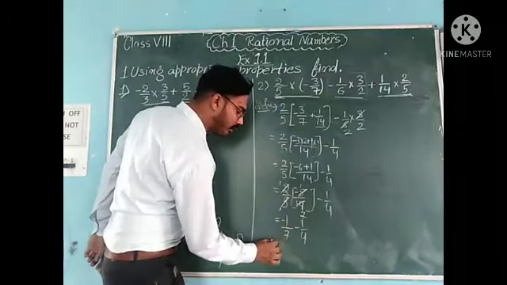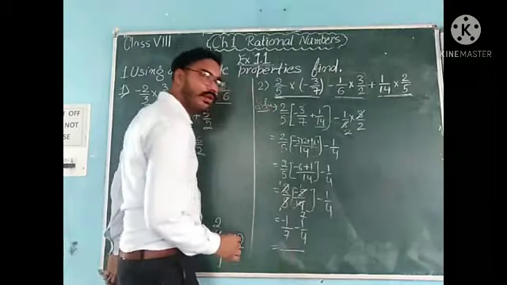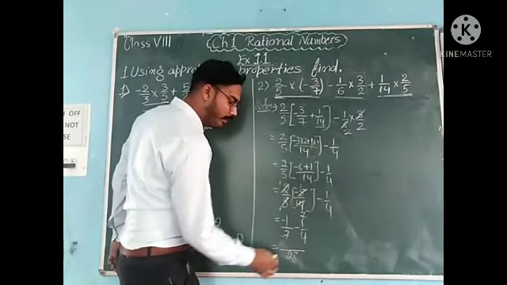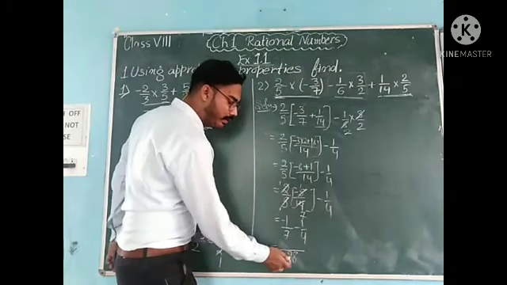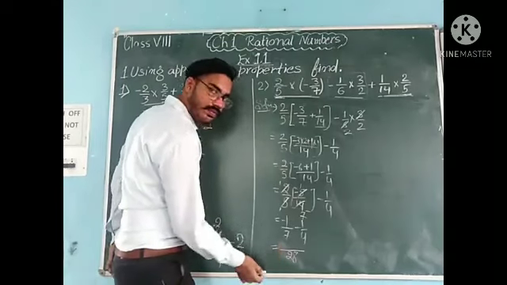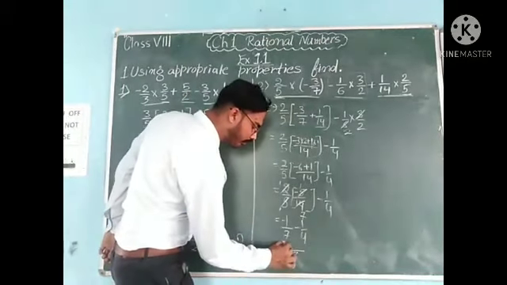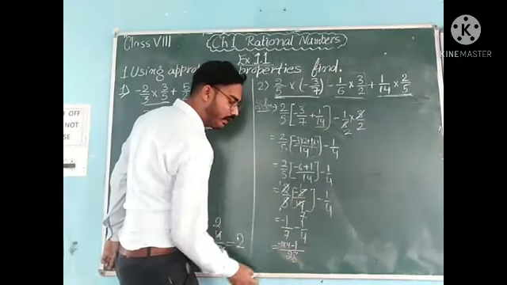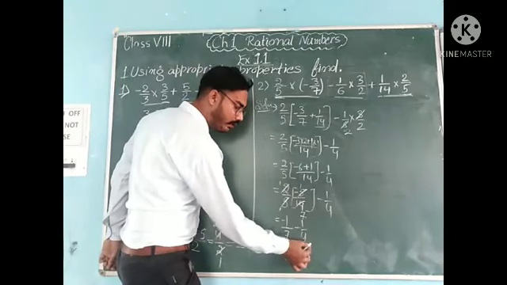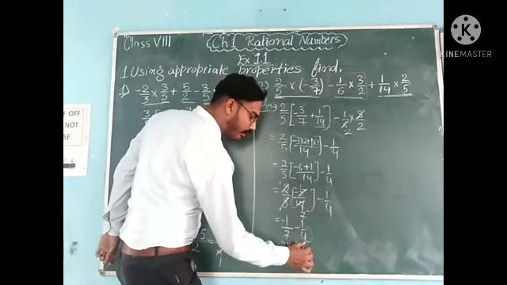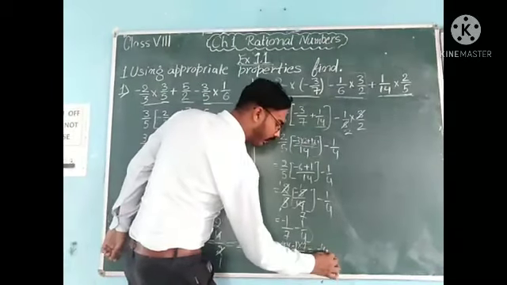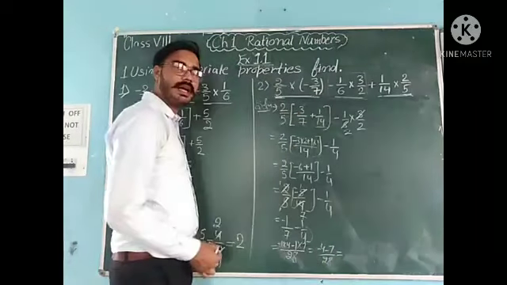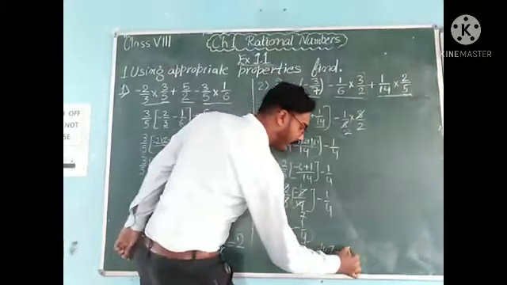Here in both cases it is minus. After that LCM of 7 and 4 is 28. By what is 7 multiplied to make it 28? 7 को किससे multiply करेंगे 28 बन जाए. That is 4. So 1 को 4 से multiply करो. By what is 4 multiplied to make it 28? 7 4s are 28. So इसके numerator को भी 7 से multiply कर देंगे. So minus 4 minus 7 divided by 28. 7 and 4 both have the negative sign, minus minus plus, so add it.